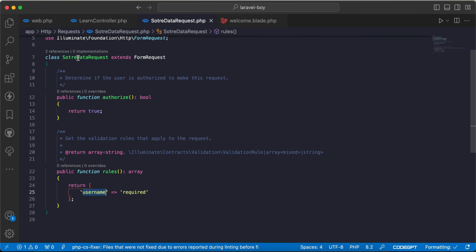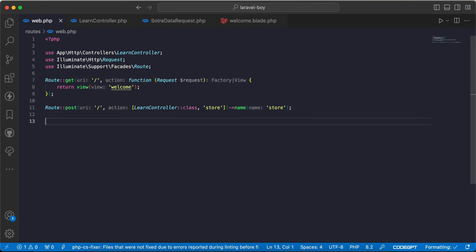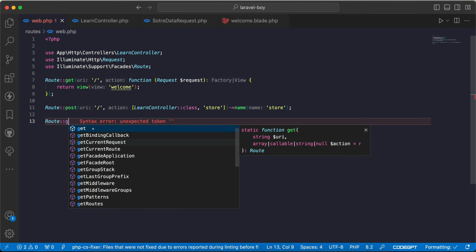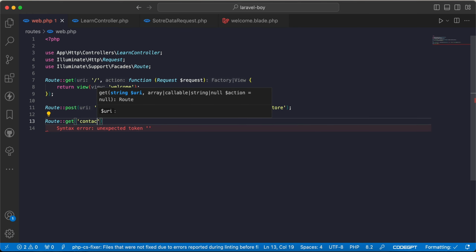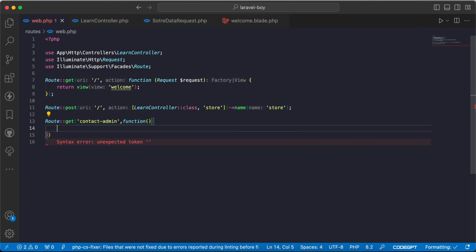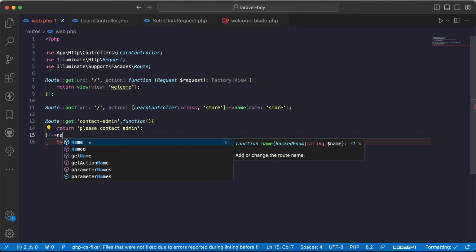But sometimes you may want to redirect to another page. For example, please contact the admin or something like that. To do that we have two ways. Let's first create a simple route. I will say route get and contact admin. Let's return a simple closure here. Return please contact admin, and I will give it a name